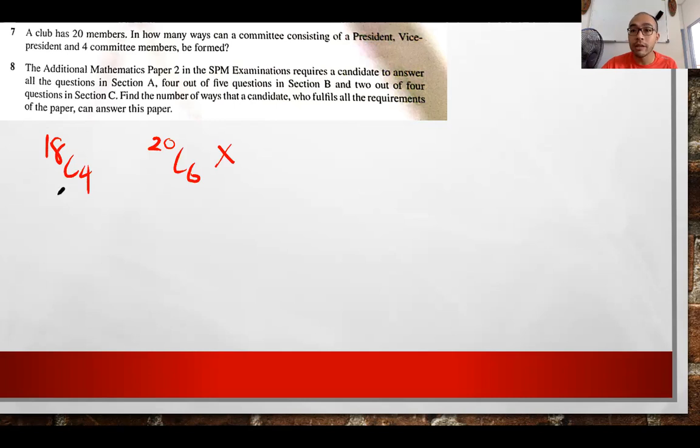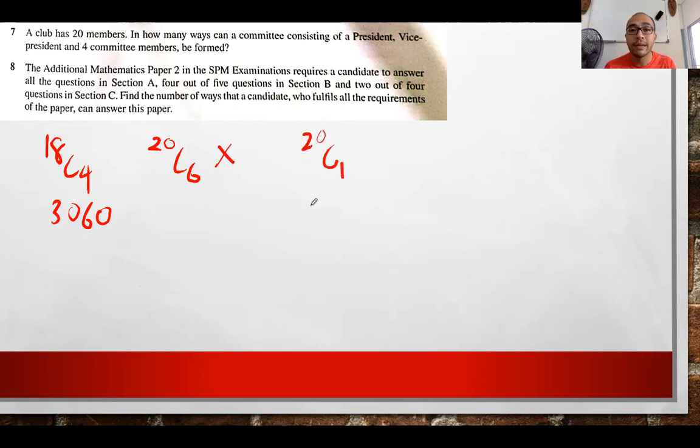So you only need to count for 4 committee members, which is 18C4. Okay, you find that 18C4 will only give you 3060, which is not the answer we want. Think about it, guys. If there are 20 people, how many ways are there to choose one president? It is actually